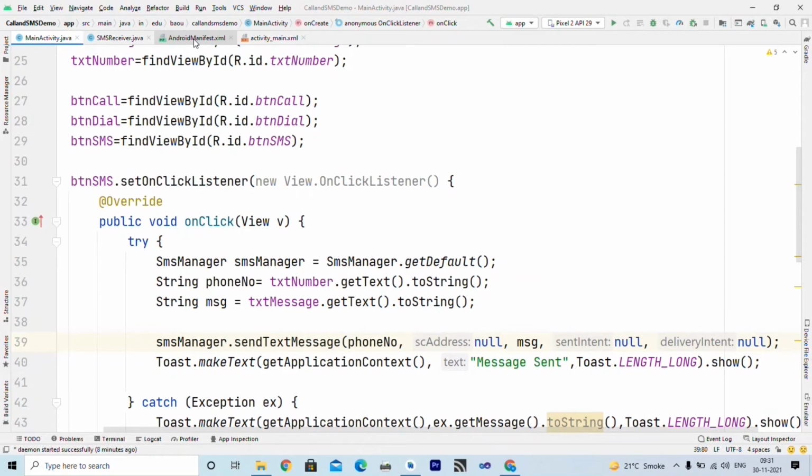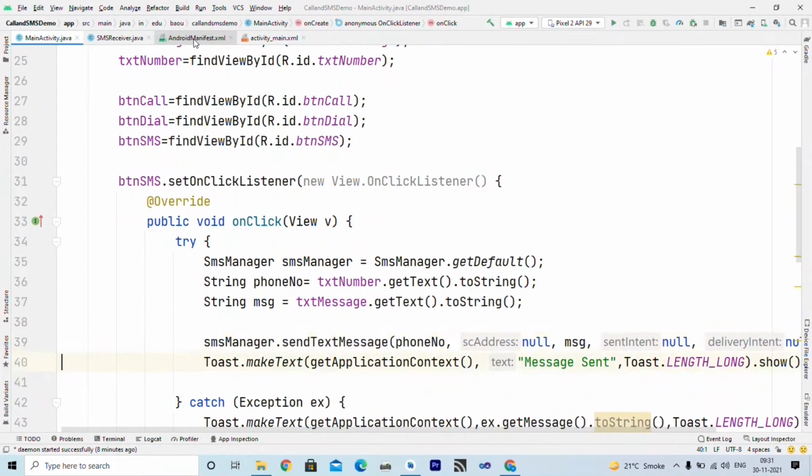Now these intents are required to track whether the SMS is delivered or not, but right now we don't want to use them, so we have initialized these intents to null. After sending the message, we will display a toast that the message is sent.